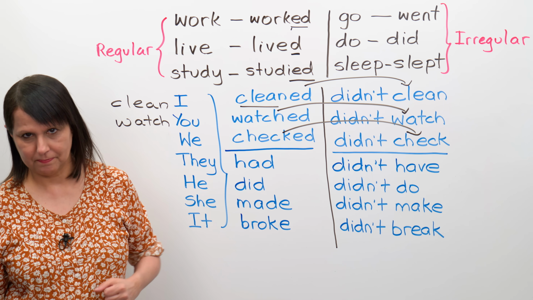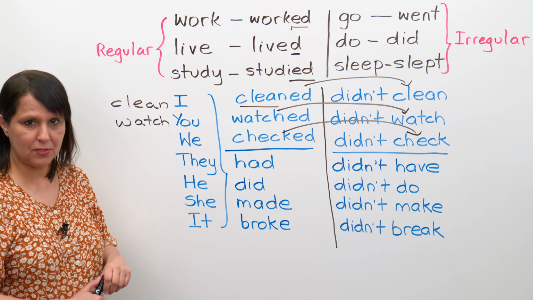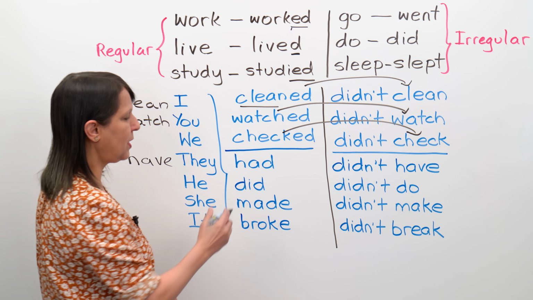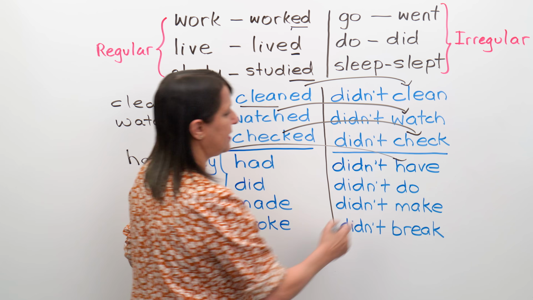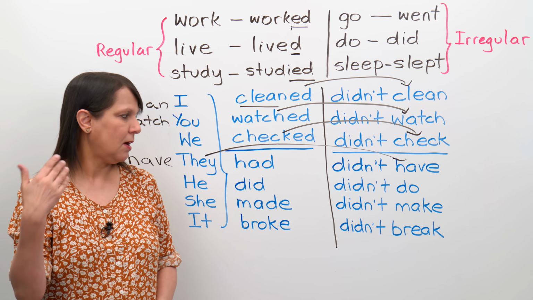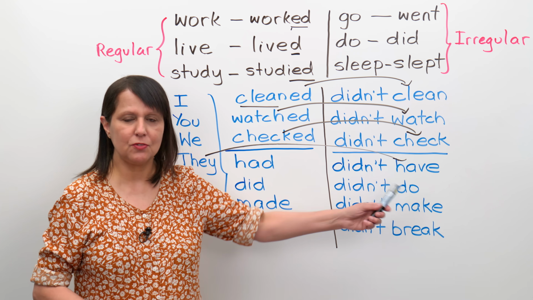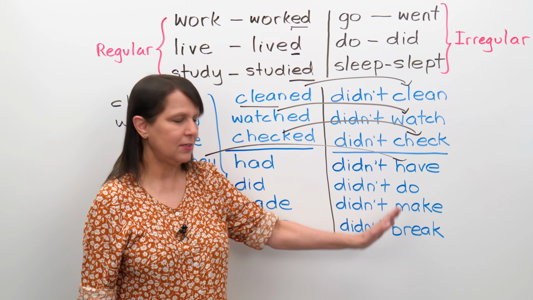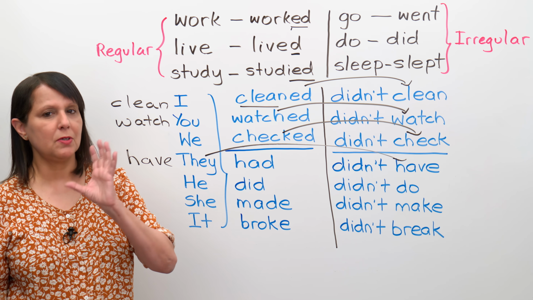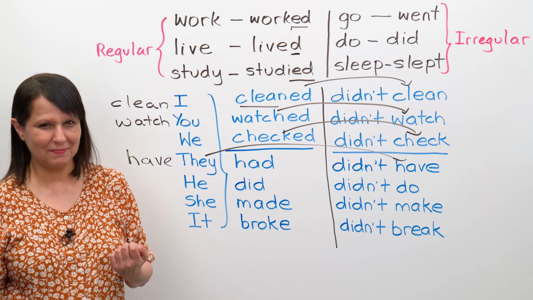They had a good time. All right, or let's say they had dinner. Okay. Now what's the base form of the verb? Have here, right? So here what happens? It becomes they didn't have. They had dinner, which is the past simple form of this irregular verb, and they didn't have. So you're going back to that base form still, just like you did here. You're doing the same thing here, okay? But you must know with the irregular verbs, what you have to master is what is the base form, what is that past tense form, all right?